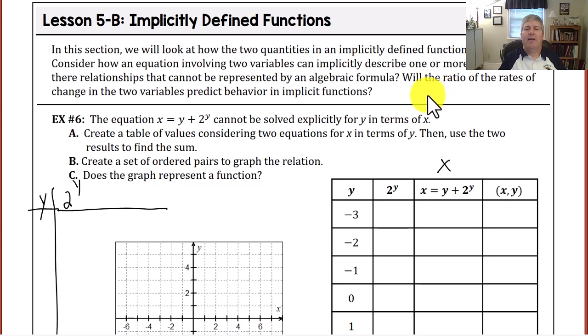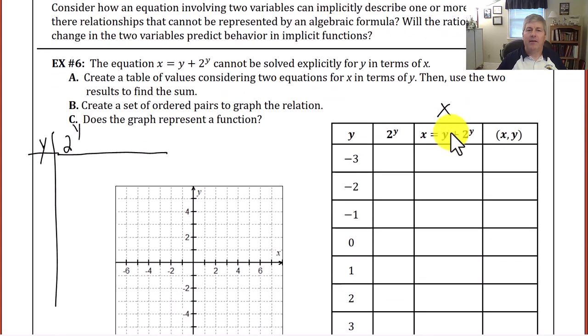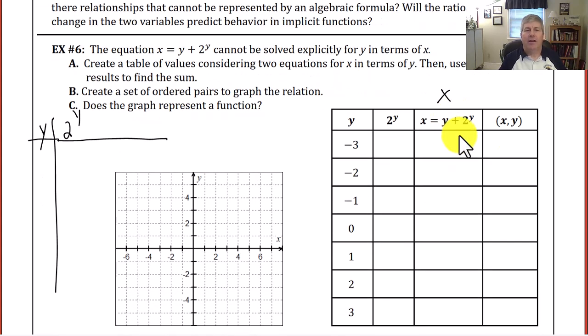Also, we'll look at the ratio of the rates of change in the two variables, and can they predict behavior in implicit functions. In example 6, we're given the equation x equals y plus 2 raised to the y,